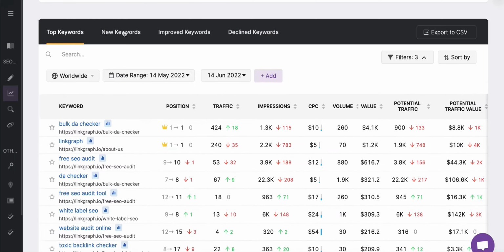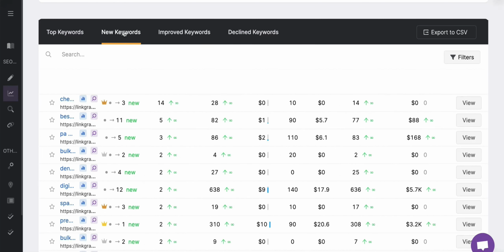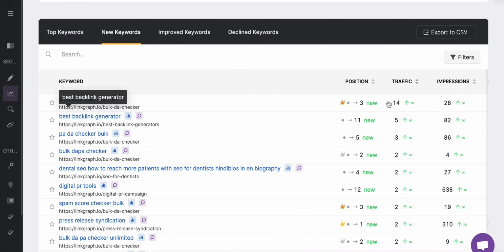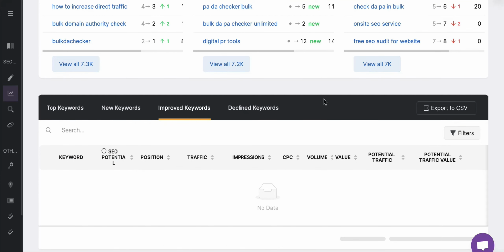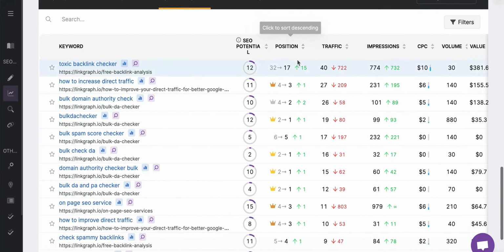So, when it comes to keyword tracking, Ahrefs really just can't compare to a tool like GSC Insights that's getting 100% accurate and comprehensive keyword data from Google. If you're like me and you do like to check keyword ranking positions on a daily basis, then I really think you're going to enjoy the various reports and features in this tool.